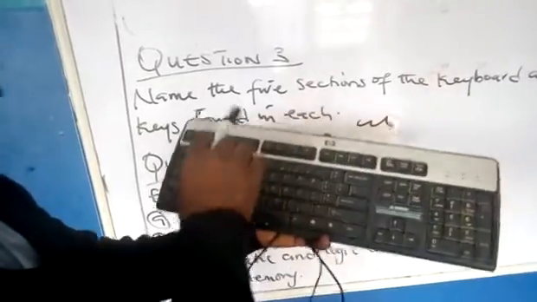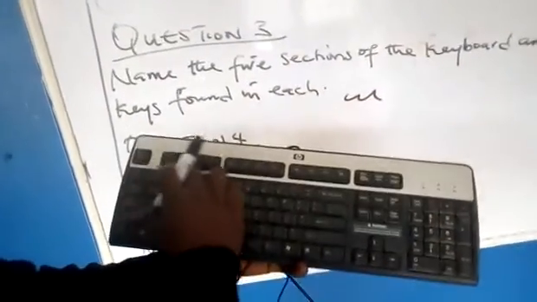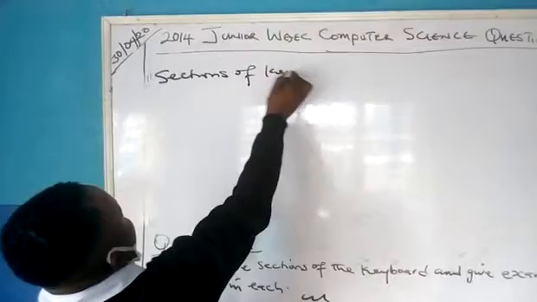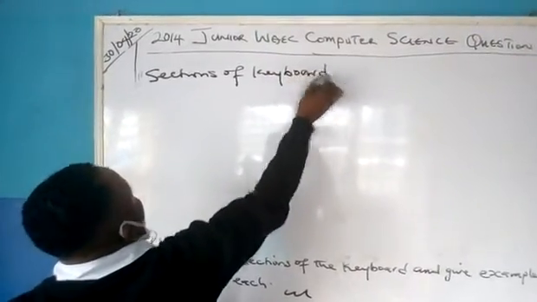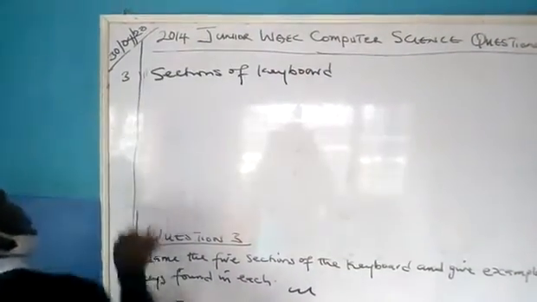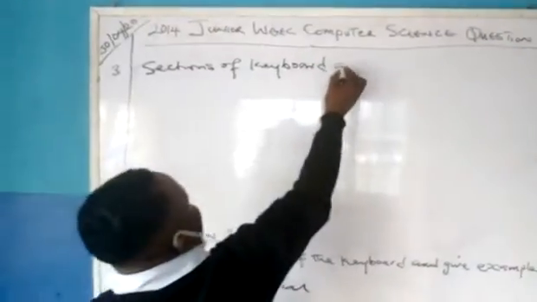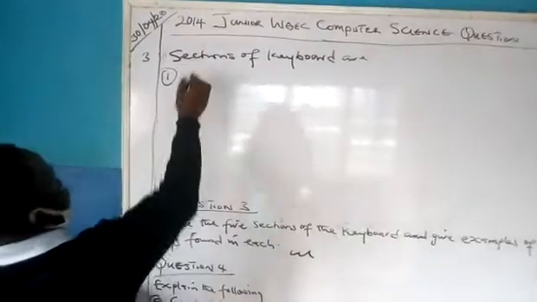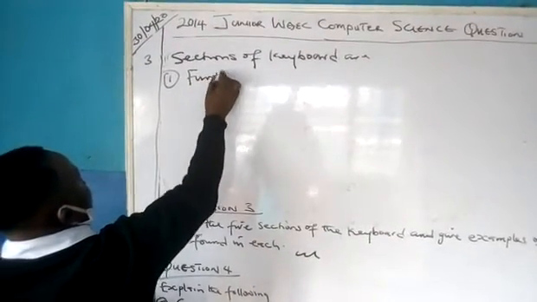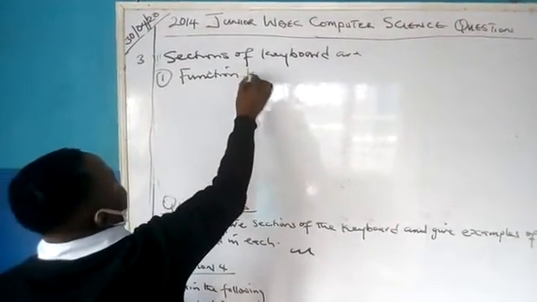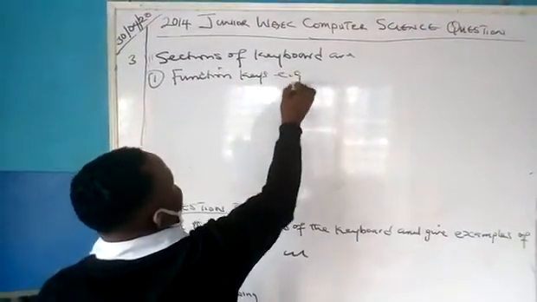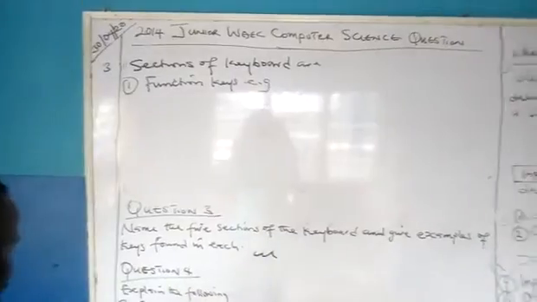But we are mentioning the sections. This is one section. One of the sections is called what? Sections of keyboard. Question 3. Sections of keyboards are... This is how you answer your question. 1. You are asked to mention 5. Function keys, not key, function keys. E.g., that is an example. They said you should give at least 1 example. You write